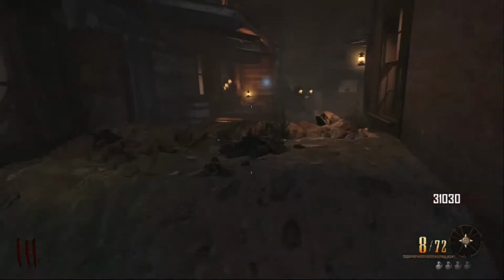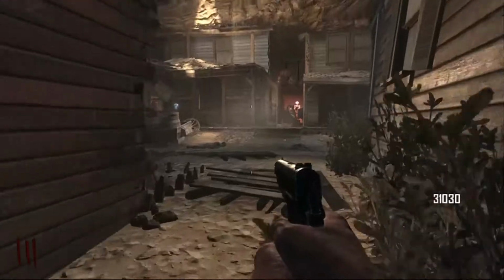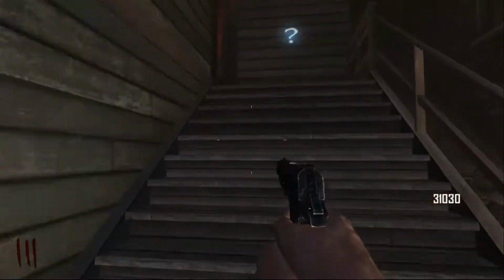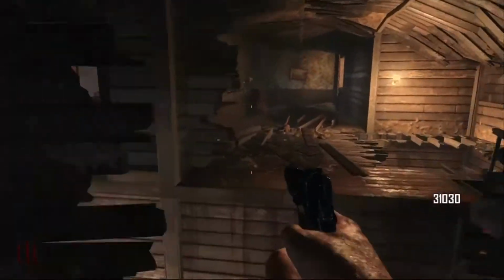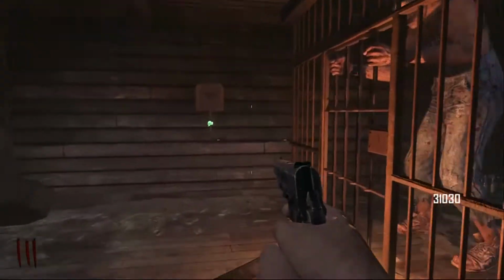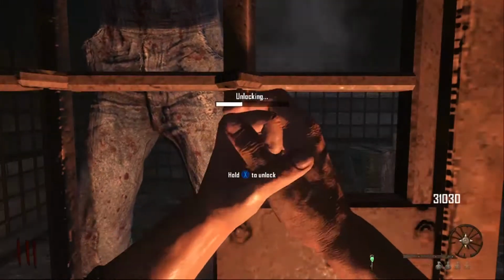Okay, now it's time to release our friend Leroy, the giant in the cell. So what you want to do just to get in there, you want to come up the stairs next to the mystery box, jump over above yourself, go down through the crack, and then you will see a green key next to yourself. You just unlock the door as so,